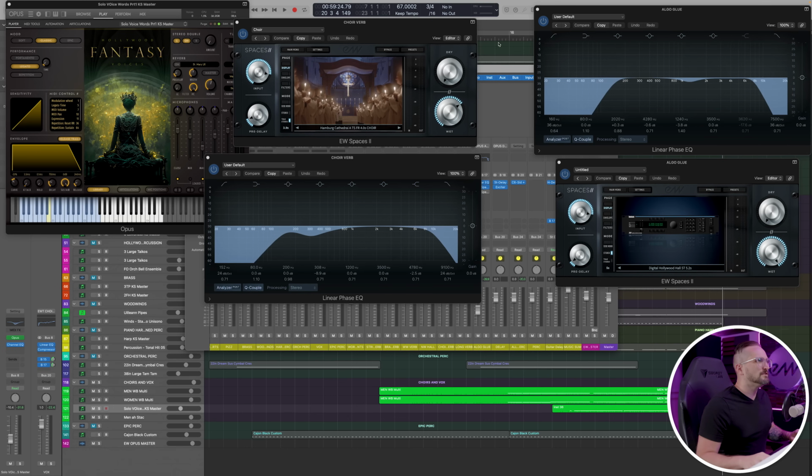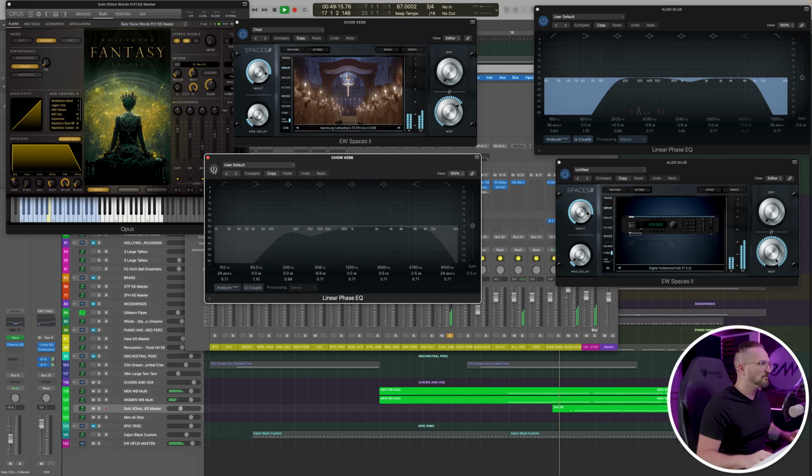And you can just hear the two reverb tails blending together, and it's just so incredibly lush. So now let's go ahead and solo just the Hamburg Cathedral reverb. And I'm going to A and B it with and without the EQ so that you can hear the work that it's doing. So you can hear how that EQ is definitely cleaning up the low end.